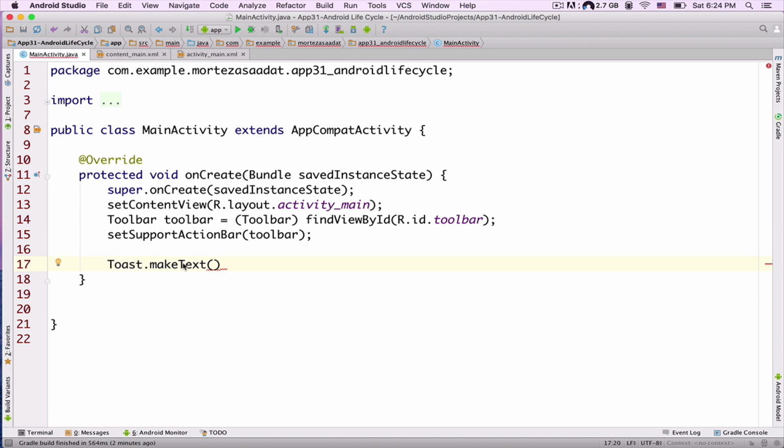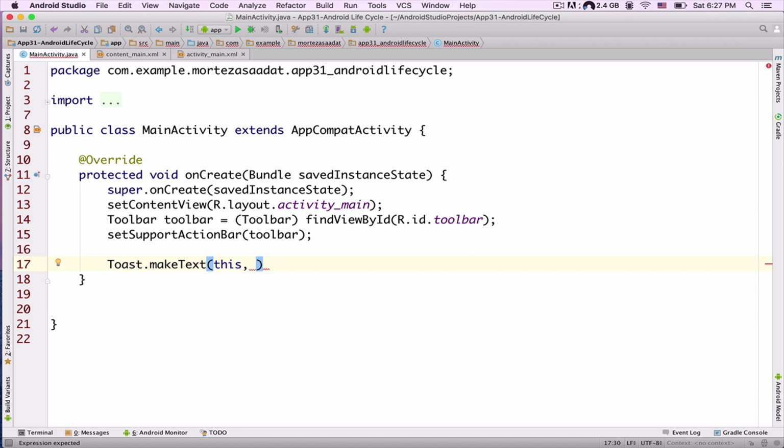This method is a class method, so that we can call this method on this class, okay? And inside of the parentheses of this method, we need to specify 3 arguments, okay? So here, for the first argument, we need to specify the context, okay? So for the context, we can actually refer to this class, okay? So this, okay,